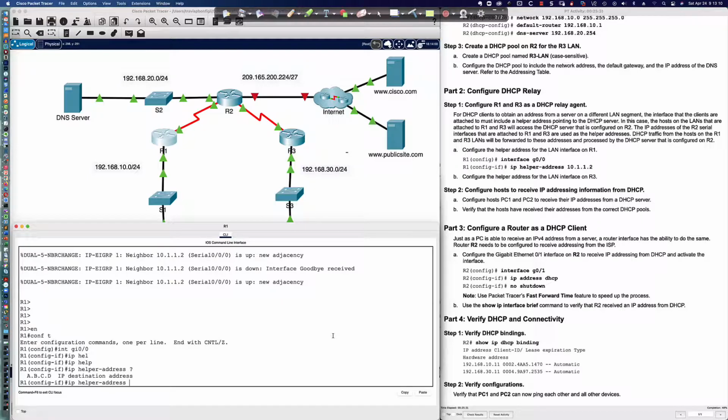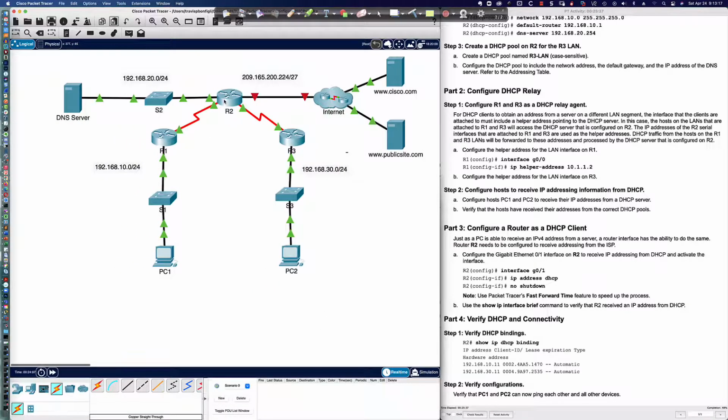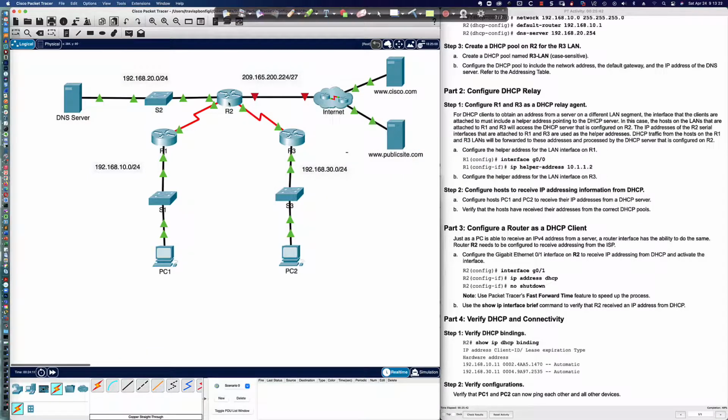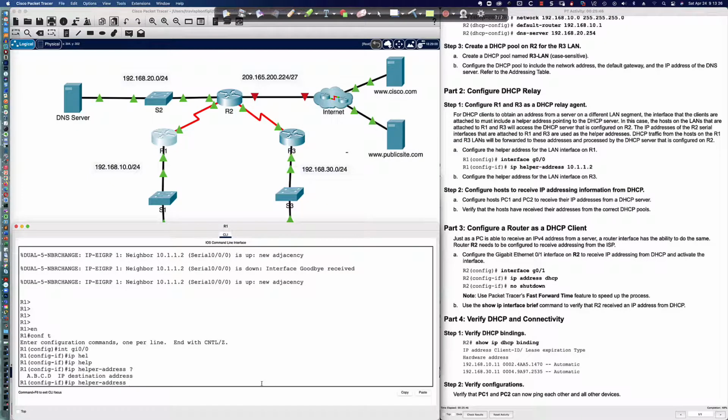In our case, it happens to be 10.1.1.2, which is this serial interface right here on router 2. As I hover over it, you see serial 0/0/0, and that is the 10.1.1.2. So let's drop in this helper address here,